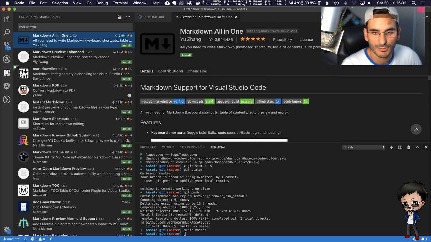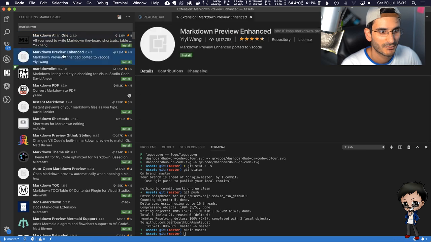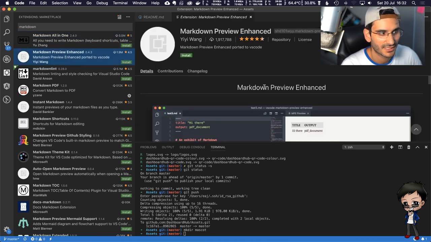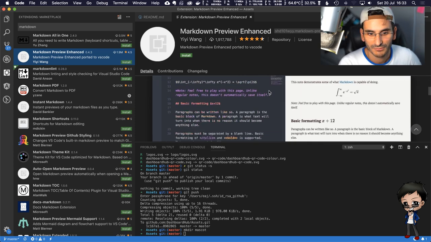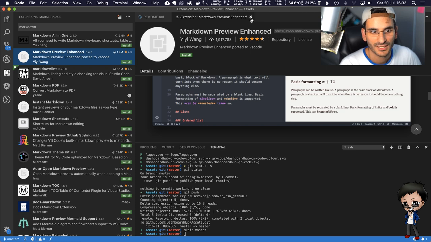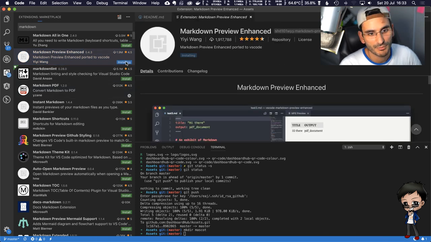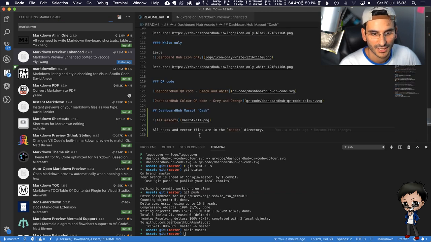I don't know, I think that's too much. I think the one you suggested is better. Markdown Preview, it says enhanced. I'm guessing it's this one. Does this look like the right one to you, where you can just see a preview? I think that's perfect. Let's just do that. Install. Oh, I have to reopen and close my IDE, which kind of sucks. Okay, while that's going, I think that's it.